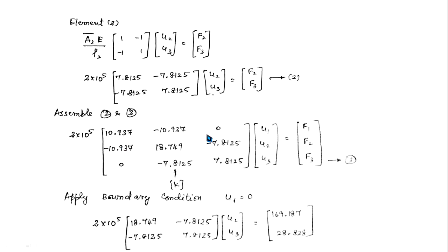If you are adding any row and column, if it is not equal to 0, definitely you have made some mistake. You have to rectify that. Now you go for the boundary condition. That's it. The final step, you have to apply the boundary condition. What is the boundary condition here?